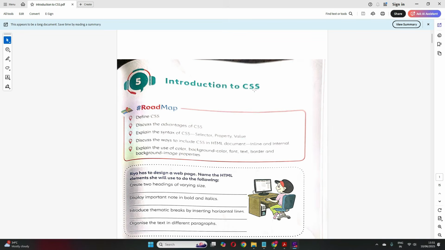But before we understand CSS, we have to understand the basics of HTML. So I would request all of you to please go over my previous video on Introduction to HTML if you have not gone through it yet, before going through Introduction to CSS. I have also given the link of the video in the description. Please do go and see Introduction to HTML before proceeding with this video. Okay, so let's start Introduction to CSS.